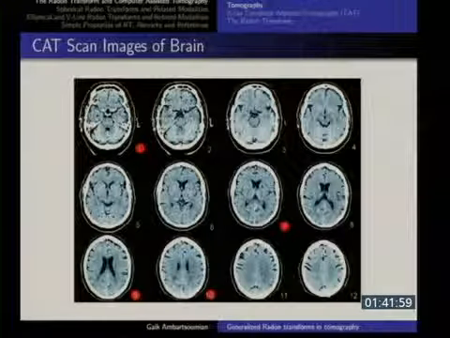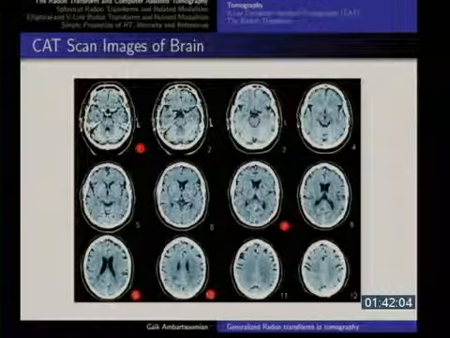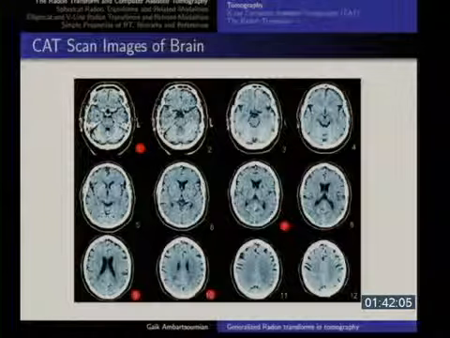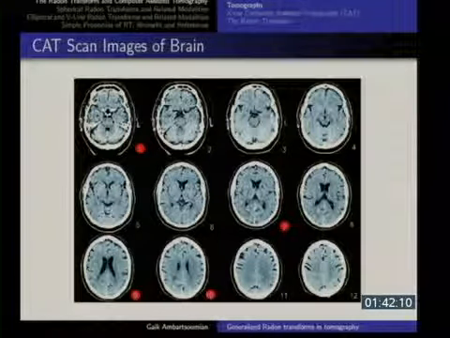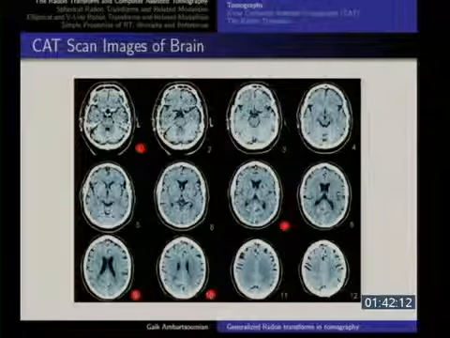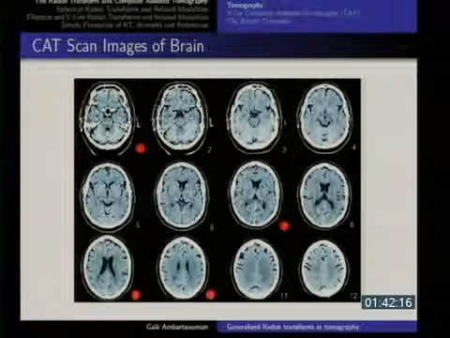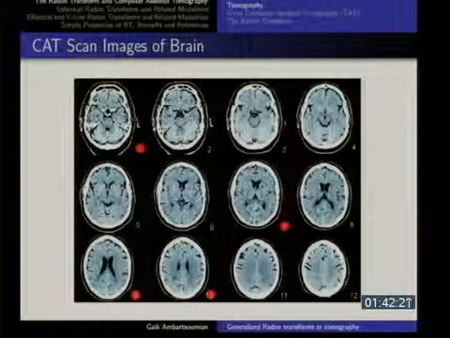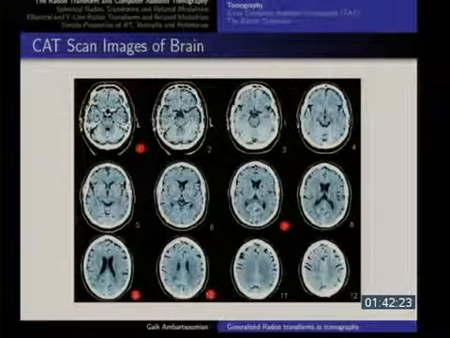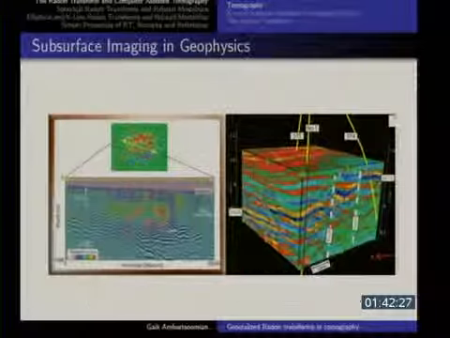Okay, so I tried to give you some images just to have some sort of idea if you haven't seen any of this. So this is a CAT scan, computer-assisted tomography. This is X-ray tomography, transmission tomography, where you create 2D slices of a 3D object. This is a brain image cut across, perpendicular to the vertical axis, if the vertical axis is the spine, and this is something typical that you can see in hospitals.